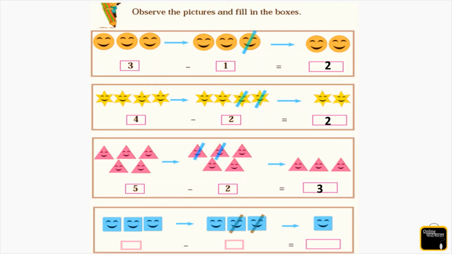Very good. Now kids, count how many squares are here. 1, 2, 3. It means we are going to write here 3. And which action do we have to do here? Minus. It means we are going to strike out or cut these boxes. How many boxes are cut here? 2 boxes. It means 1 and 2. So we are going to write here 2. Now tell me how many boxes or squares are left there? Only 1. It means we are going to draw here 1 square. Now tell me what is the answer? It means 3 minus 2 is equal to 1.